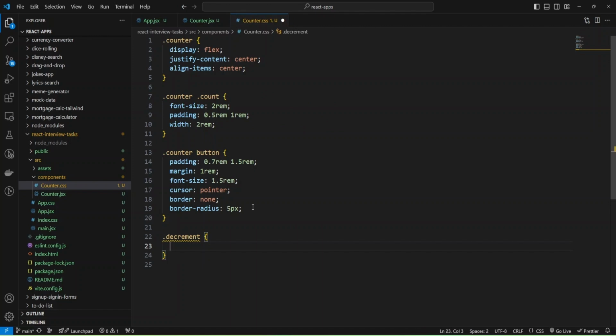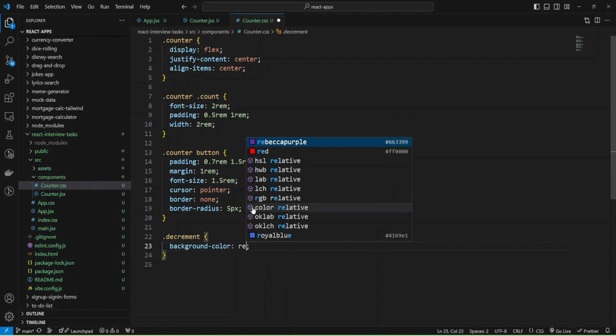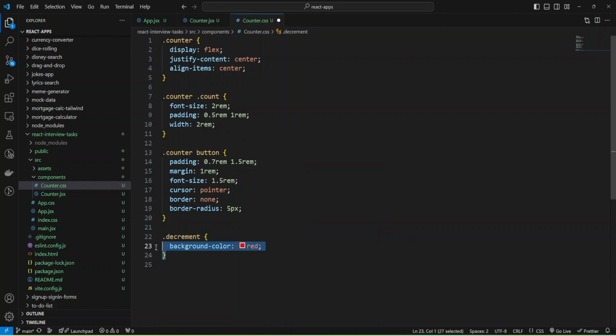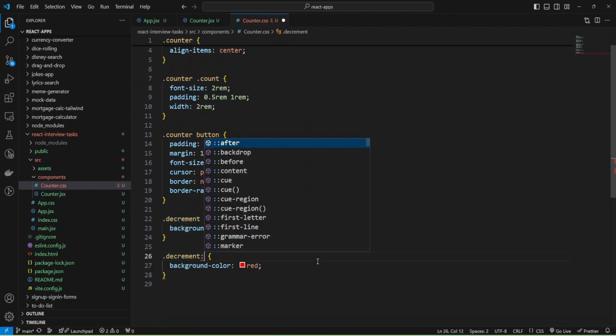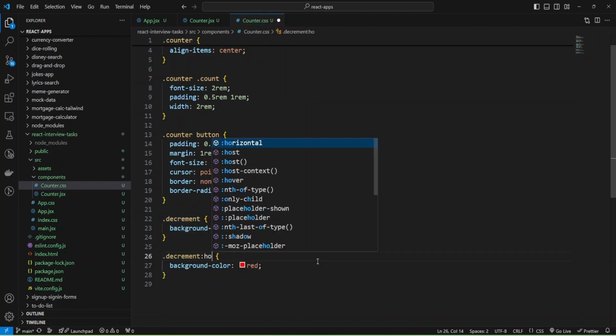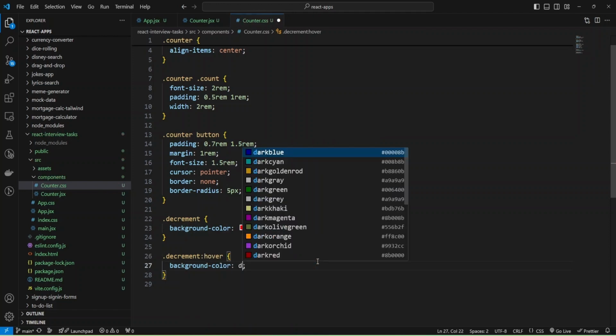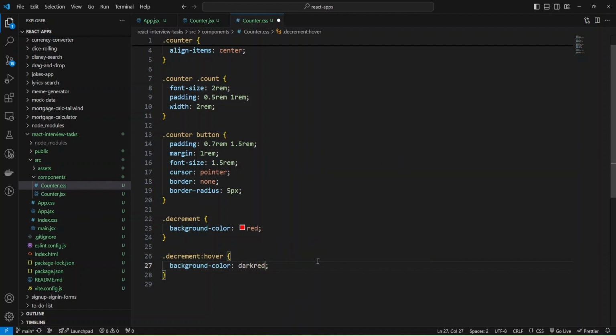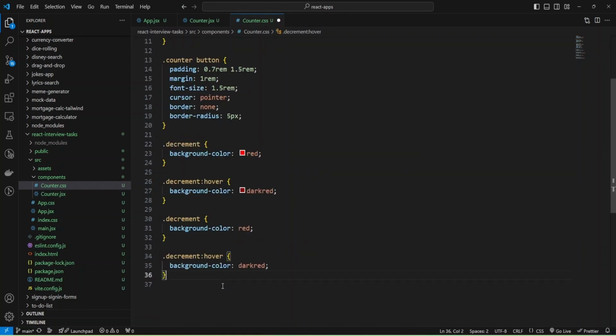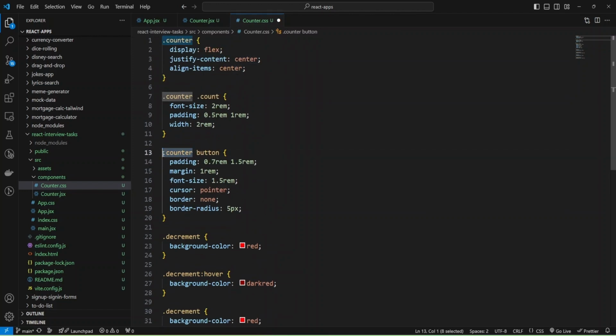For decrement, I'm going to add background color to make it red, and let me add color over pseudo class and make background color dark red, and also I will change background color. And probably we need to add our container because I'm going to build several apps here, and